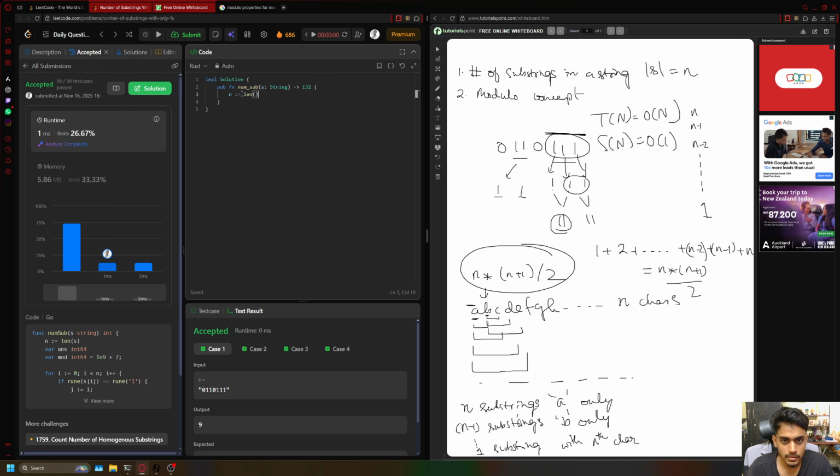So I will declare n. It will be not mutable. So the length of my string s dot length. Then I need to declare my ans as mutable. So ans, and I will declare it as i64 instead of i32, and set it to 0. And similarly, I need to declare my mod. Mod is a reserved keyword in Rust, used for declaring modules, so I can use the capital. I will say this is also i64, and this will be